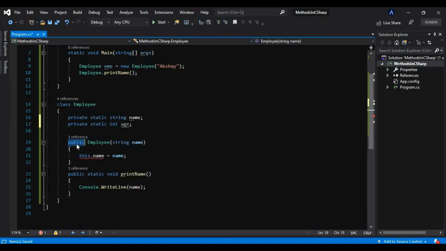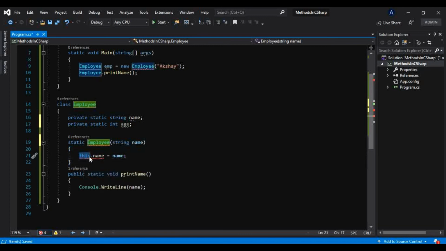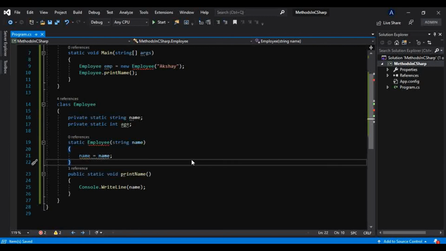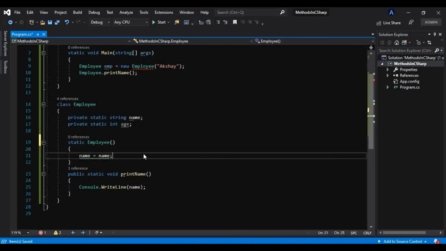Also let me make this constructor static, and for a static constructor we don't need an access modifier, that is public, okay. Because this is a static constructor, there is no need of this object, where this refers to the object. So if I do something like this, that should work. And what does it say? A static constructor must be parameterless, like this, okay.